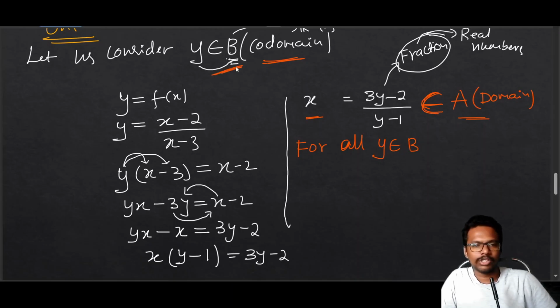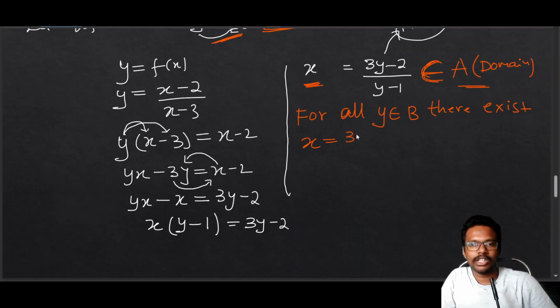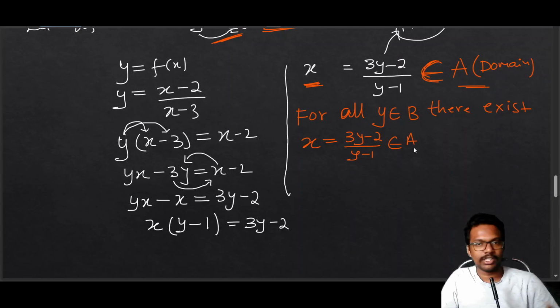For all y belongs to B, any y you take from the codomain B, there exists x. There exists x equals to, the same as what we have got, 3y minus 2 divided by y minus 1, which belongs to A, which is present in A. So for all elements which are in the codomain, there exists an element which is in the domain. We are writing a general sentence here. For all y belongs to B, there exists x, 3y minus 2 divided by y minus 1, belongs to A, such that